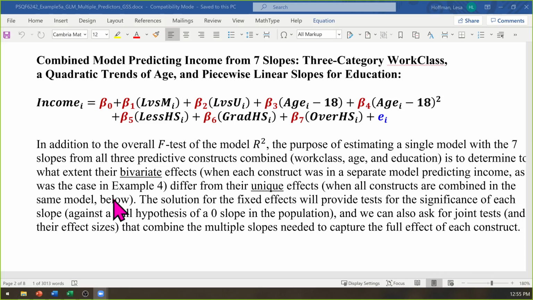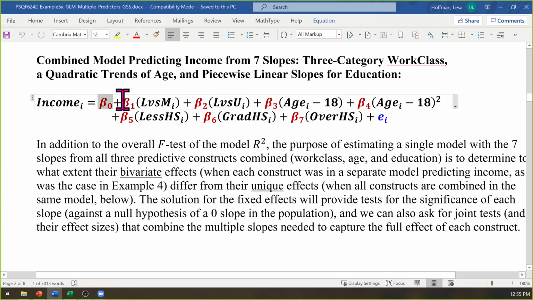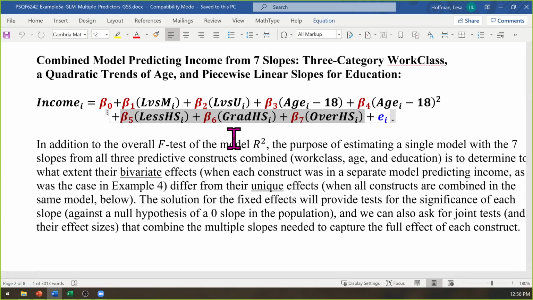So when X is 0, at this point is all this stuff. So the intercept, beta 0, is going to provide the expected income for somebody who is, and this is where we have to know how we've defined 0, in the low group. They rated themselves as being part of the lower class. And age 18, and the reference point for the education variable was grade 11. So somebody who is 18 made it to the 11th grade and rated themselves as lower class. That's who the intercept is for.